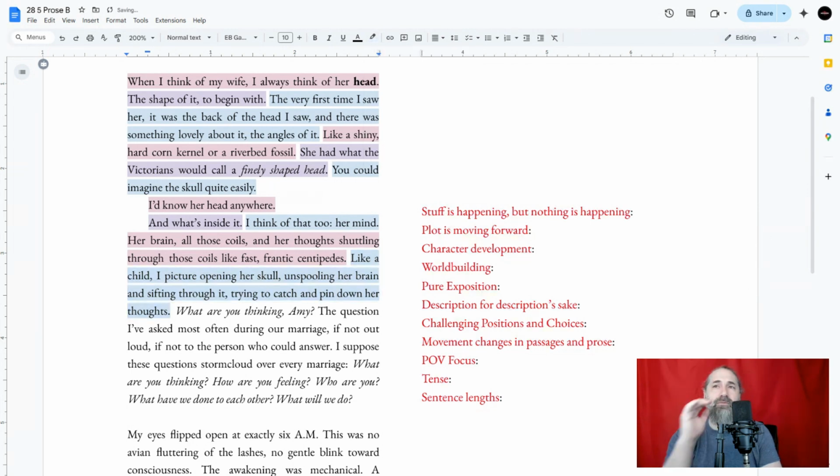I'd like to point out something too. The character, we're learning about the character. The reason I keep calling it character development is because of what they are focusing on, the fact that they know what Victorian is. By the way, I think this is the second book in a row that they talked about Victorian. Anyway, everything that he's mentioning or paying attention to defines who the character is. It is what they know.